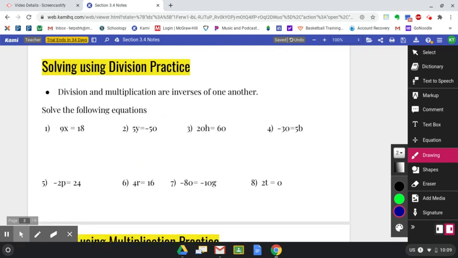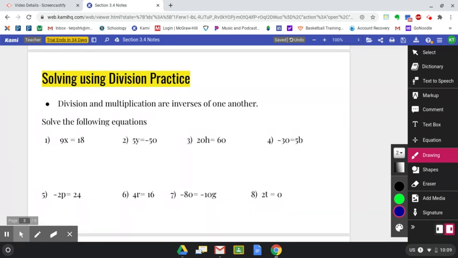All right, so it says solve using division. All right, remember, division and multiplications are inverses of each other, meaning that they undo that operation. So again, when we solve, let's get into the habit of making a left side of an equation and the right side. And so here, if I were to read this, 9 times some number equals 18. All right, and hopefully we're good with our basic skills, multiplication of integers. And I know that my answer is going to be 2,